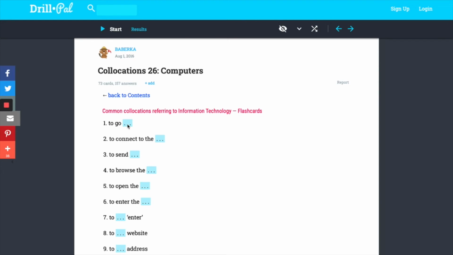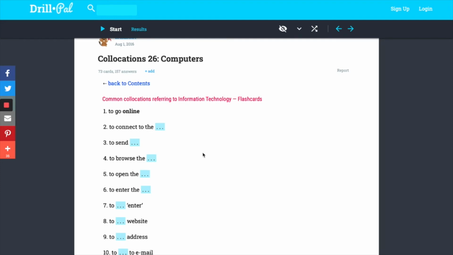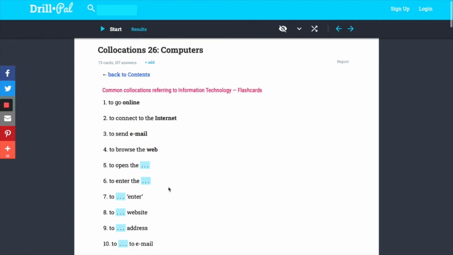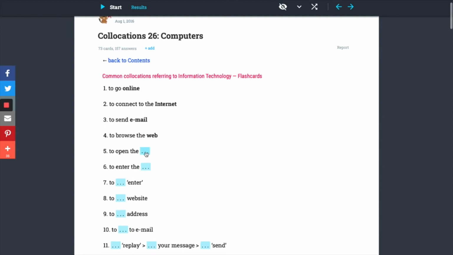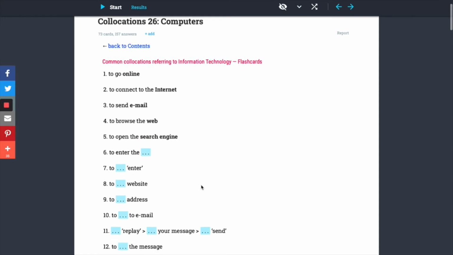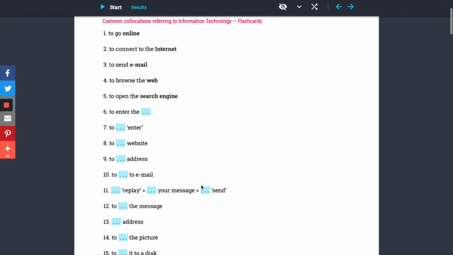For example, it looks like to go online. Yes. Or to connect to the internet, I think. To send maybe an email. To browse the web. To open the search engine, maybe. You can see how they are used together